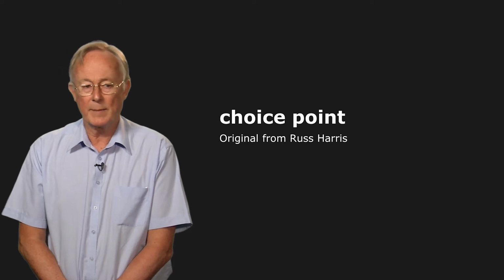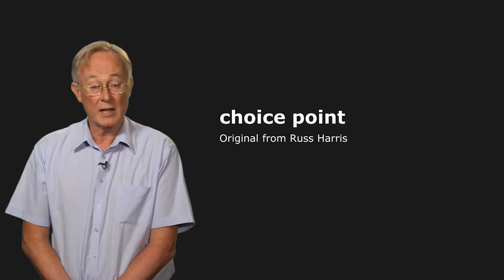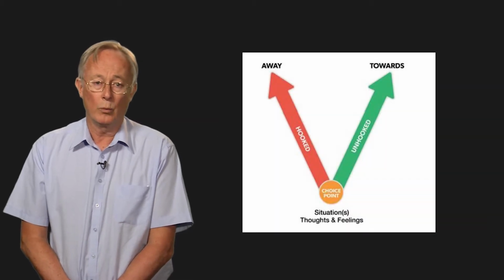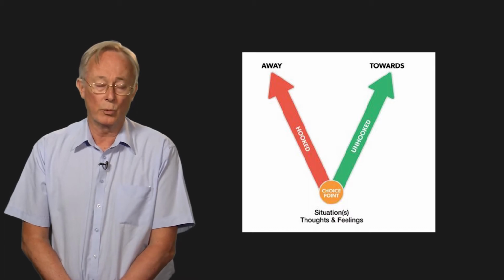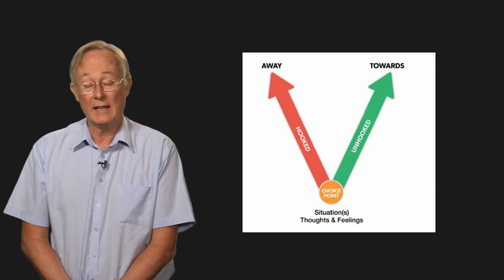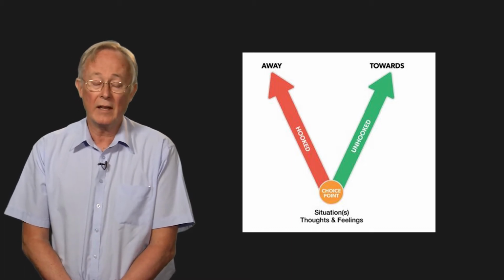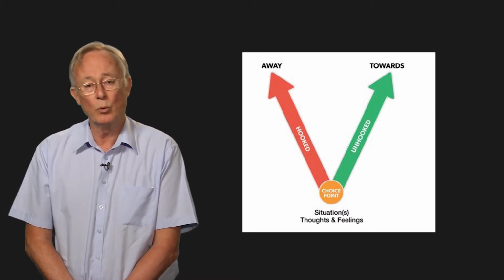The next video is about the choice point. This is adapted directly from Russ Harris's work, and this is the classic slide that he uses, with the choice point in the middle about situations, thoughts or feelings, or teams as in the FACT model, and away moves are taking the client away from their valued direction, and the towards moves are taking them towards the valued